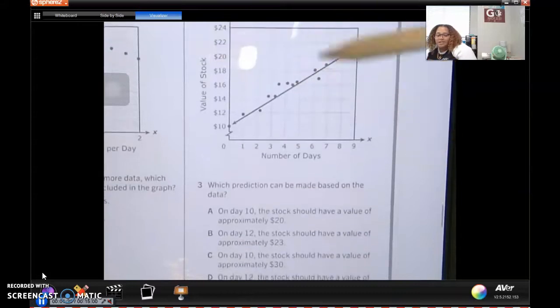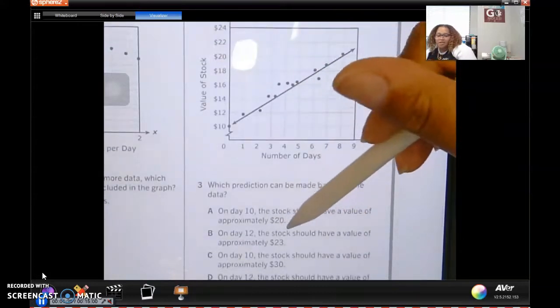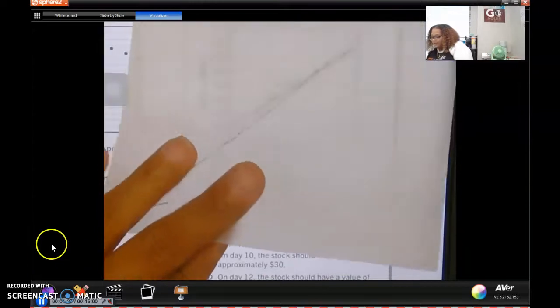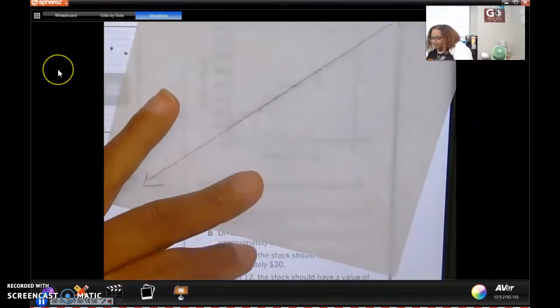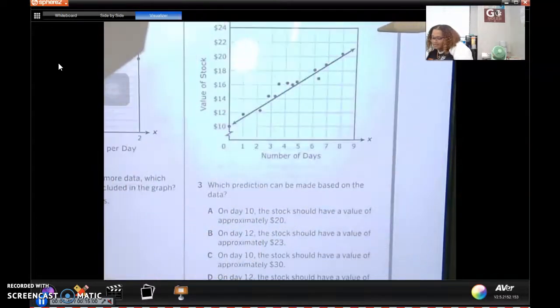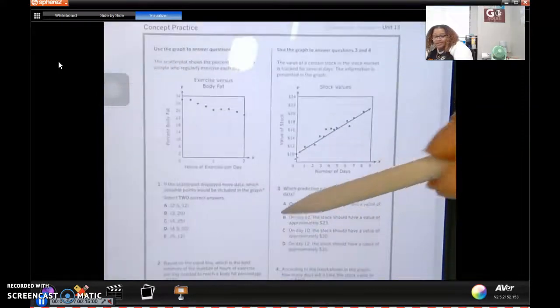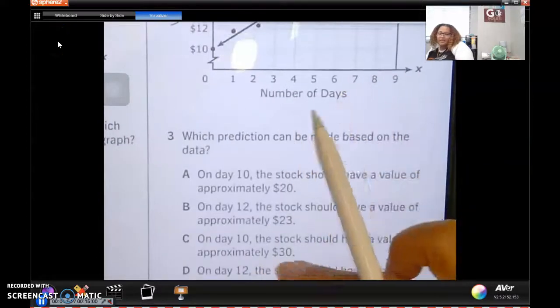On day 12, it says the stock should have a value of approximately 23. Well, let's extend my graph a little bit. This is about 9 right here, and then this will be about 10, 11, 12. So if I come up here, the 12 should be about right here, which is past the 22, which should be about 23. So I think that this would be a good estimate and not 10 and 30,